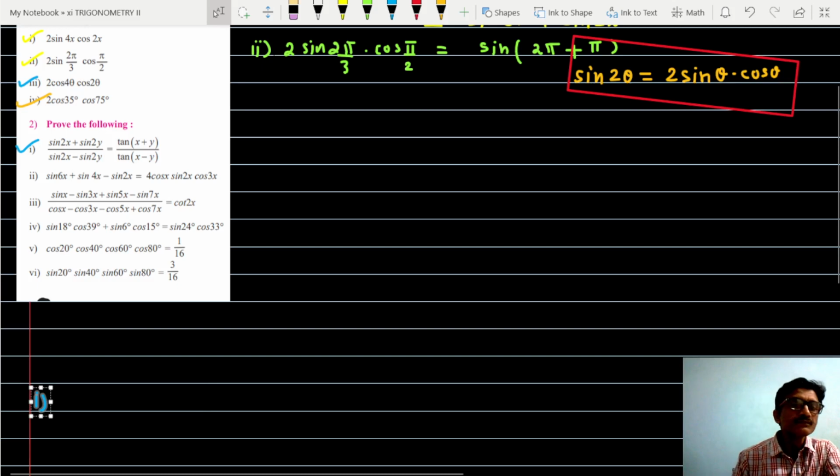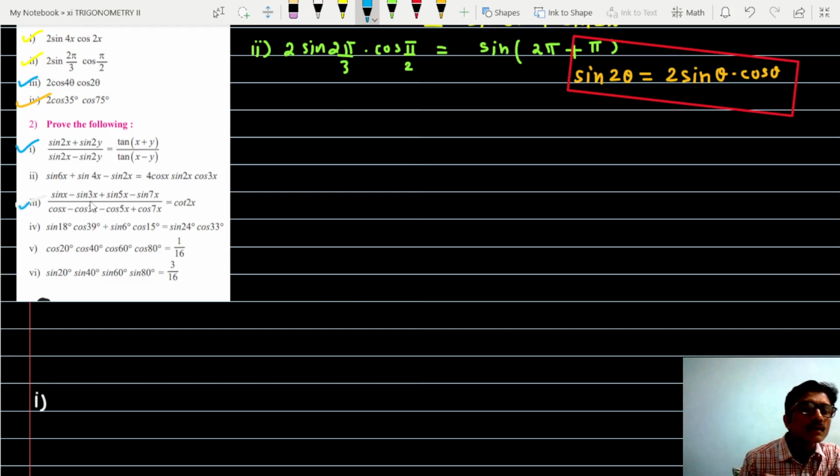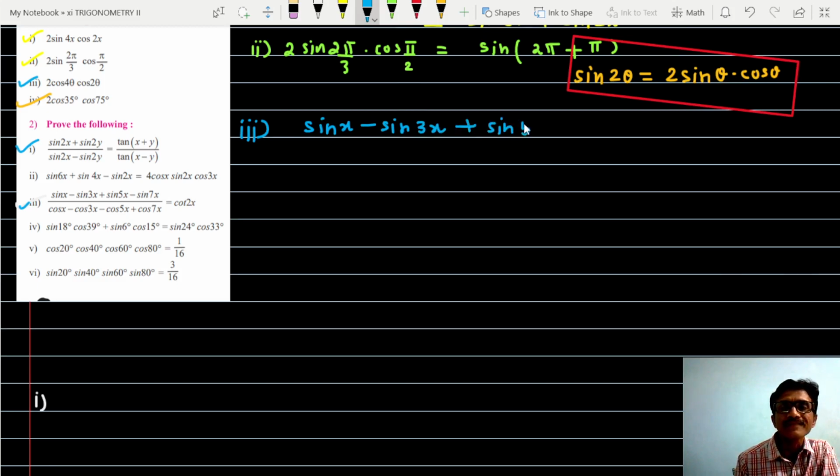Question number 3. See here, question number 3 is sin x minus sin 3x plus sin 5x minus sin 7x, whole